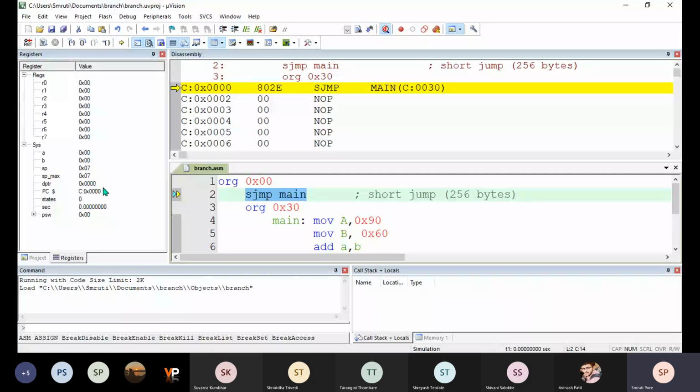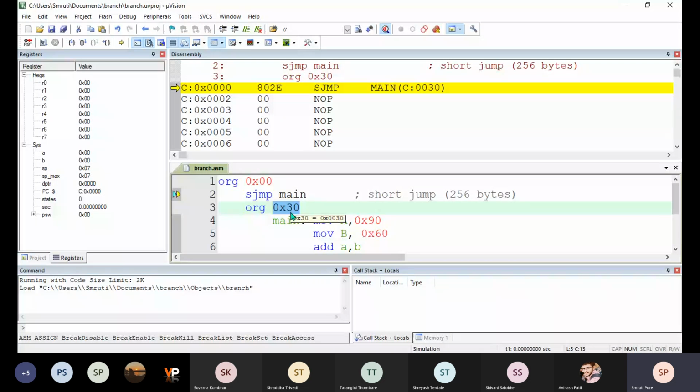Carefully watch that program counter is currently 00, and when I execute sjump main, that is short jump to main label, where 0x30 is written. Okay, so main is written after 0x30. So now it will load 30 into the program counter.